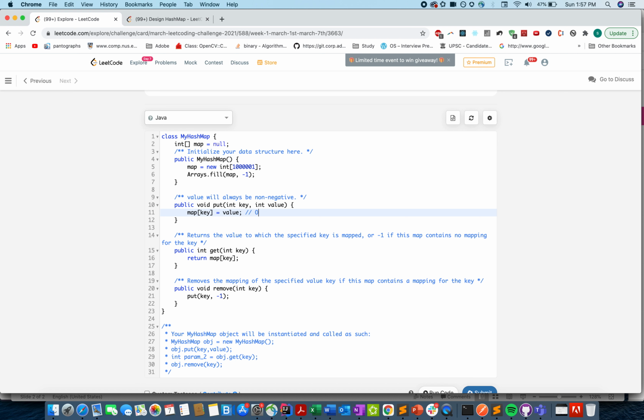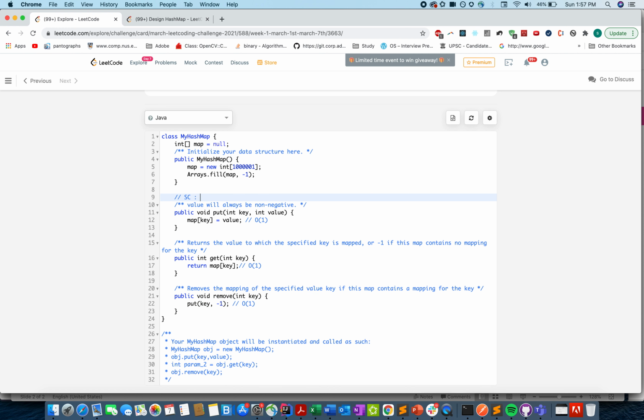What would be the complexity for this operation? Order of 1. Again, for the get operation, it's order of 1, and for the remove operation, it's order of 1. How much size is it consuming? Size is of constant size, that is up to the range of keys that we need to support. Also, there exists a smarter method than this, where you can use linked list instead of an array, which will help you reduce the complexity in terms of space. I'll talk about it in the video when I tell you how Java internally implements the hash map.